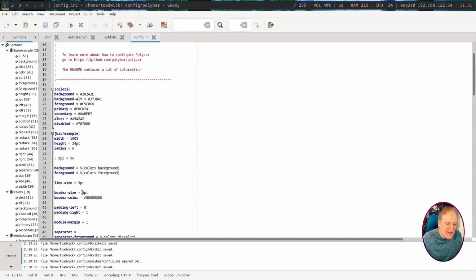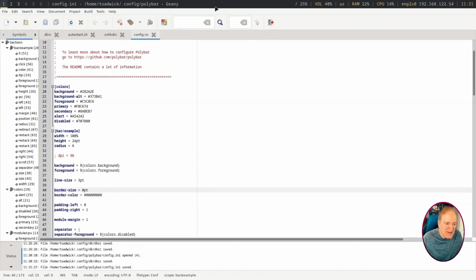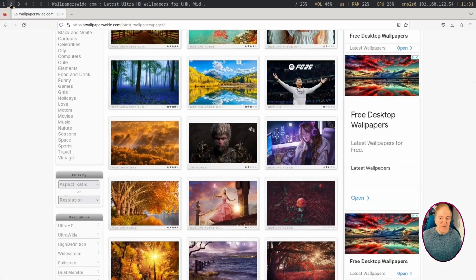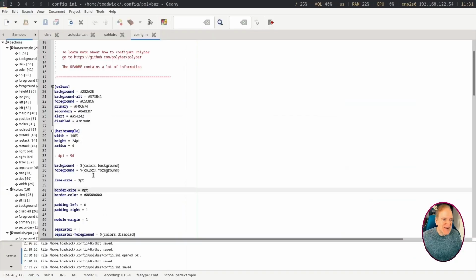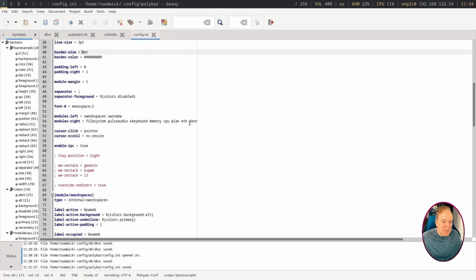So anyways, back here, we got our border size. It's 2 points. So I set that to 0 and Control S to save, and you can see it updated dynamically when I saved it, and I got rid of the gaps. If you want simply a smaller gap, you can make that 1 point or something, or a bigger gap if you want. But I like no gap there. It just looks nicer to me. And so border size, that's where you adjust that if you don't want any spaces around your polybar there,